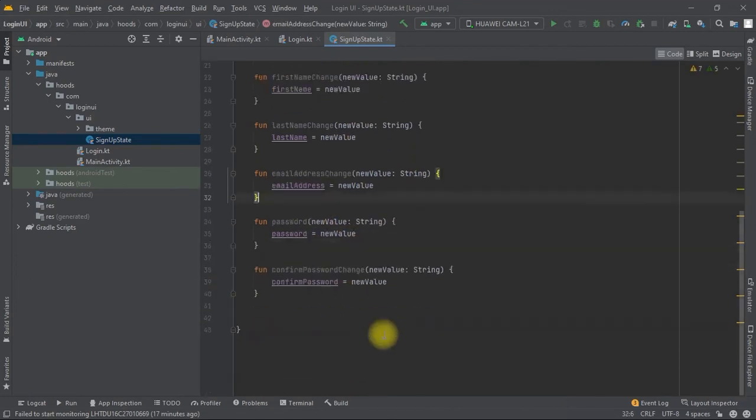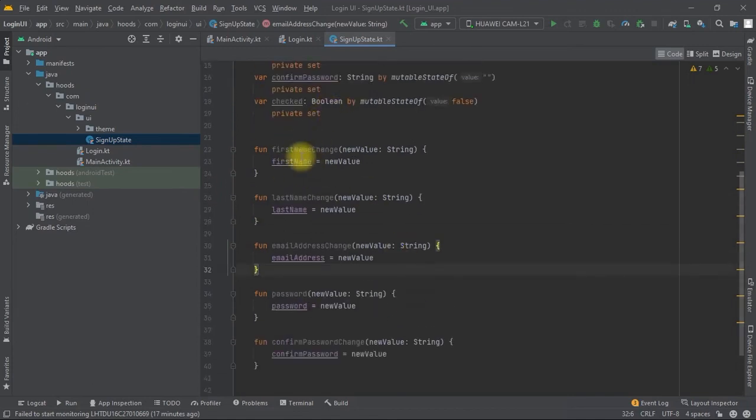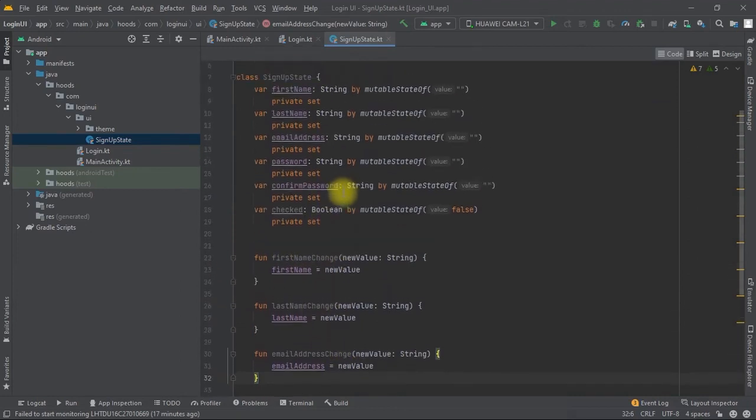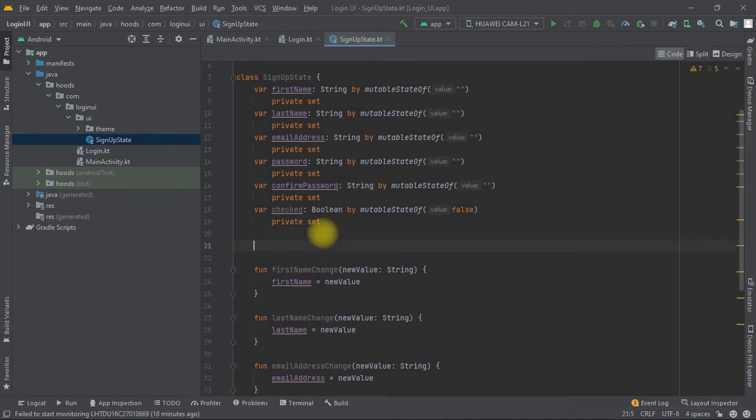So for example, here we can add another UI behavior, so we are decoupling the UI behavior from the composables and keeping it here. For example, if you want to disable the button when all of these, for example the first name, last name, and other things, are blank. So for example, here we can create a variable, and this variable we can call, for example,